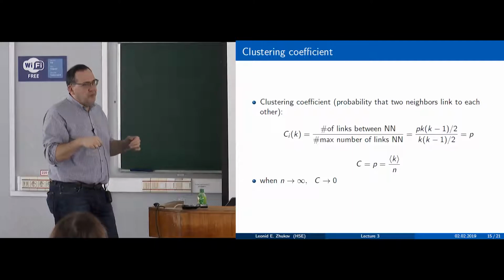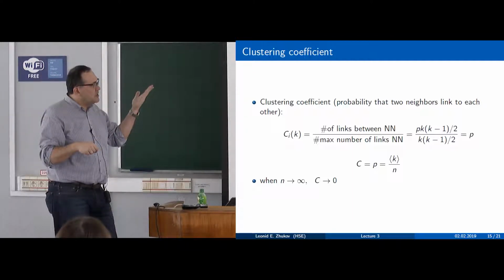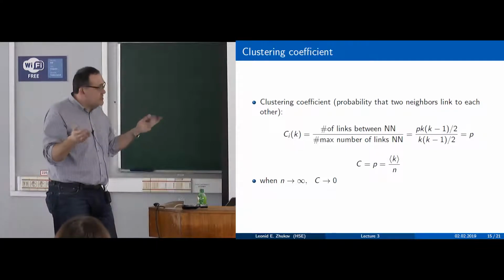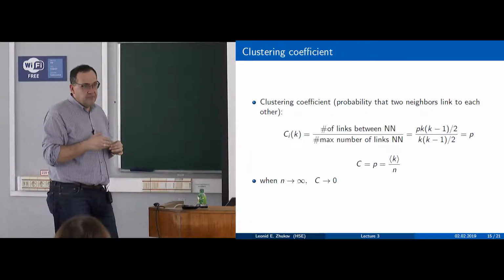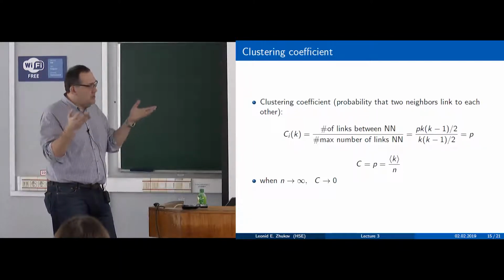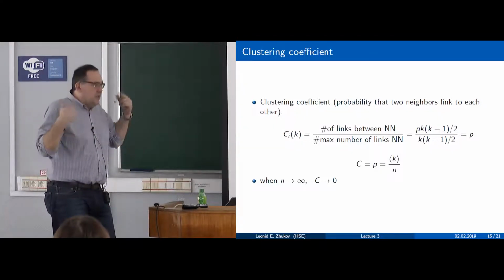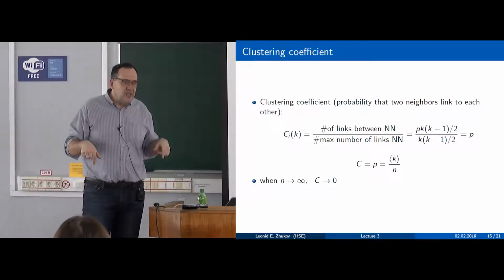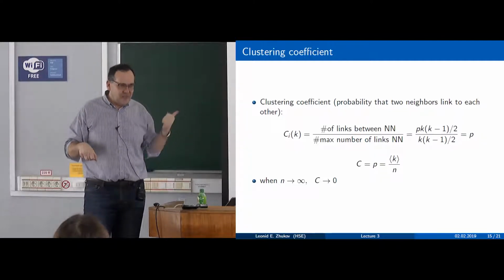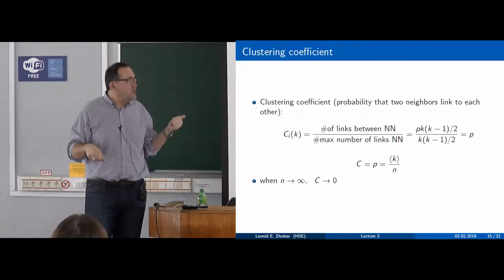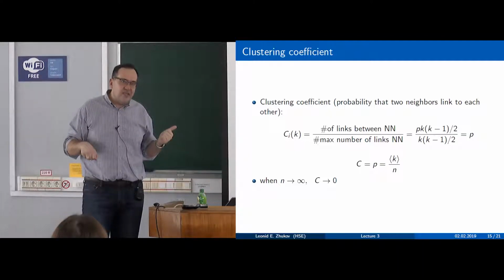That really tells you that this clustering coefficient depends on the density, on the average node degree. And so if node degree is fixed and we have a graph that's becoming bigger and bigger, the clustering coefficient goes to 0. In plain language, it really means that there are few triangles in this graph. So with this type of model, you will not have a lot of triangles, and the clustering coefficient is very small. Now, that means also that this is not the model that would describe